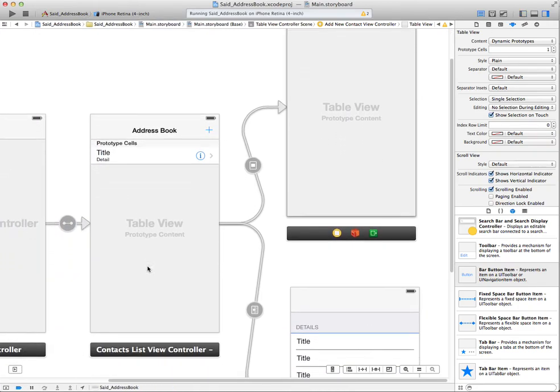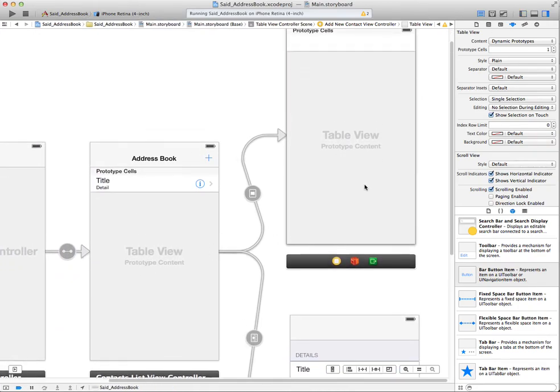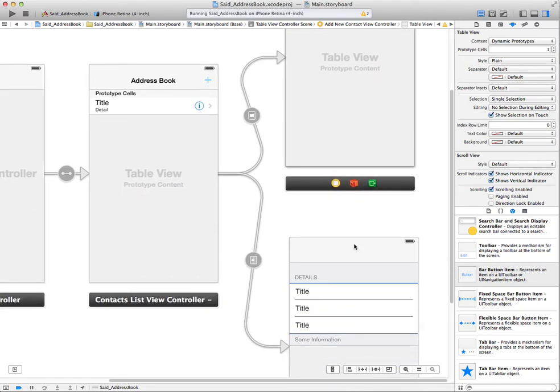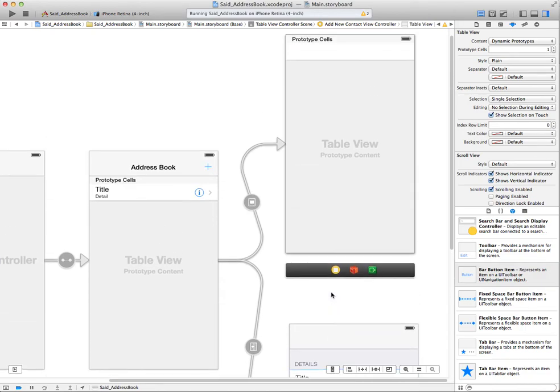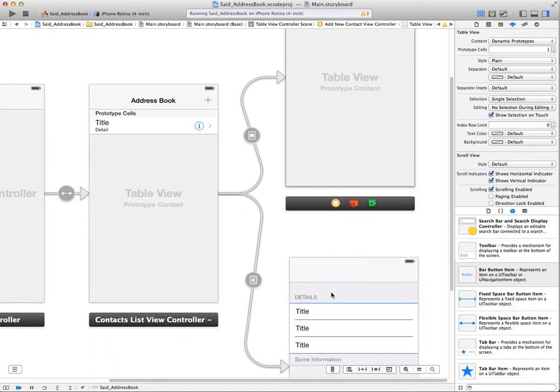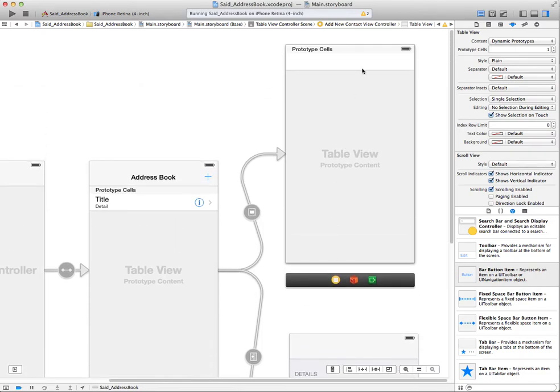The list view controller, or you can choose a static when you know how many they are, similar to the details view controller. We have a situation very similar to the details here, but instead of labels we have text fields, because instead of displaying the information, the user will enter the information. So we'll set up this one very similar to what we set up the details in the previous view. So we have one section,